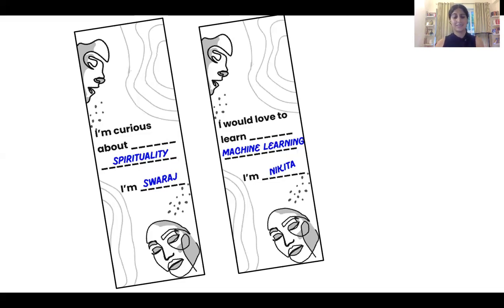Now, whenever I see it, say when I'm reading a book or when it's on my desk at home, I will always know that Nikita loves to learn machine learning. So I'll know something more than her name, and this something more is something that really matters to her. And when we know things about each other that really matter to the other person, we have a better chance at forming a deeper connection, a better bond. So try using these